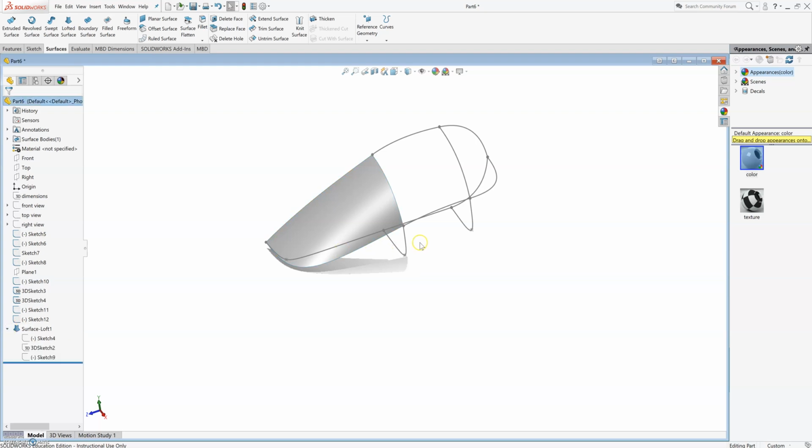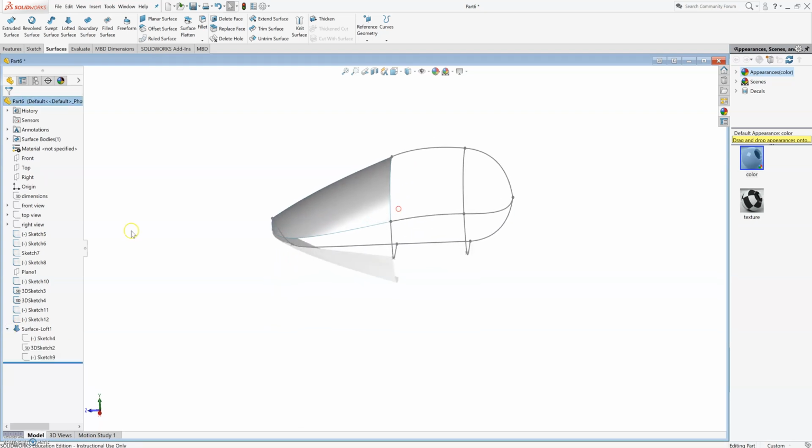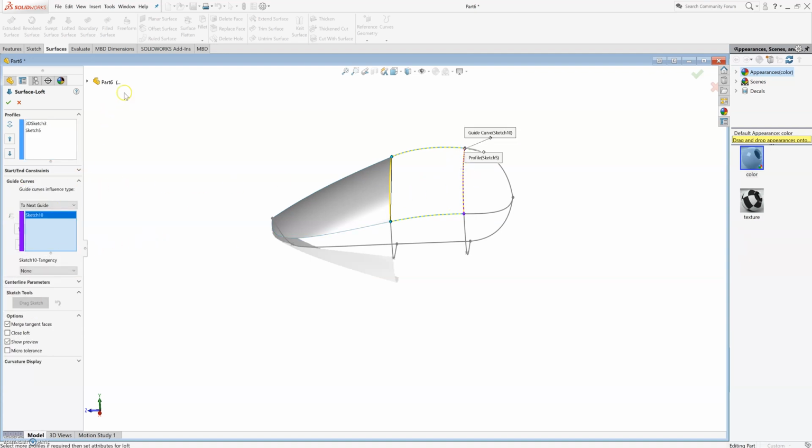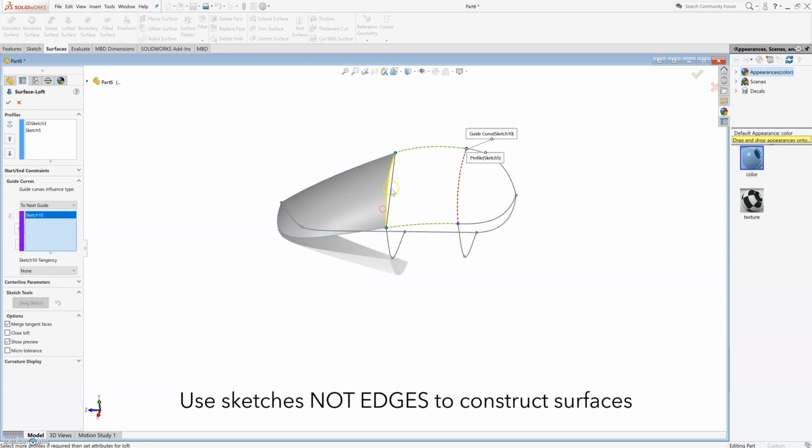Another good trick to use here is for this next surface, let's say I use a lofted surface. I'm going to go from here to here. And my guide curve, I'm going to use this one. And we're also going to use this curve here. Make sure you click the sketch, not the actual edge of the surface. If I click the edge of the surface,